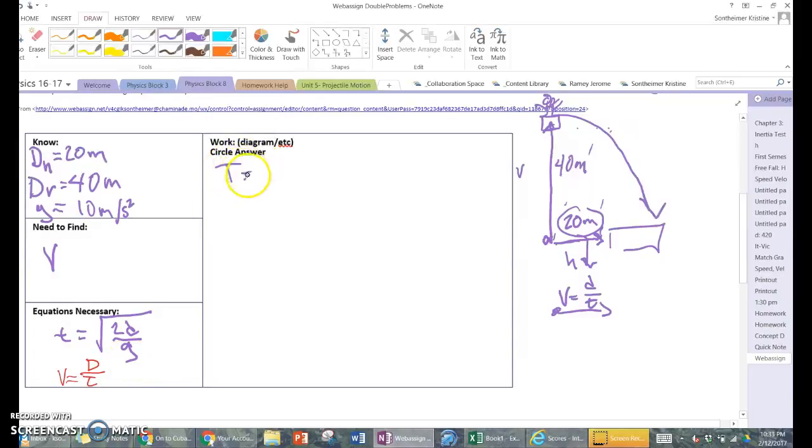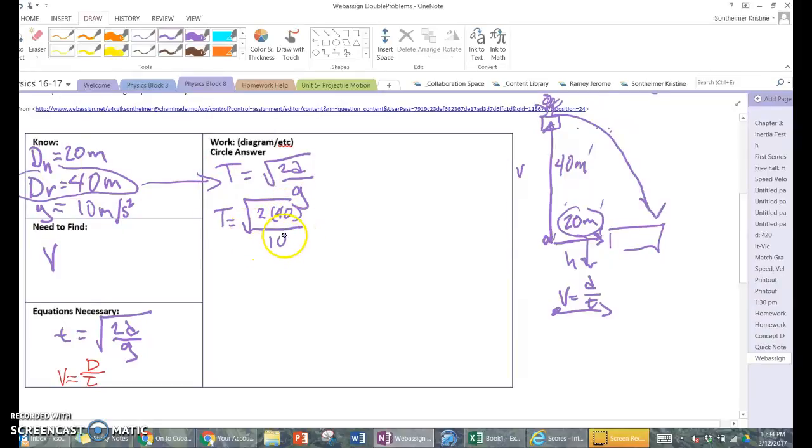Your time is equal to the square root of 2d divided by g, because we're trying to figure out how much time it took them to fall. Right? So if I take this and I plug and chug, square root of 2 times, what is the first distance? What distance matters here is the vertical, because this is free fall, remember? So 40